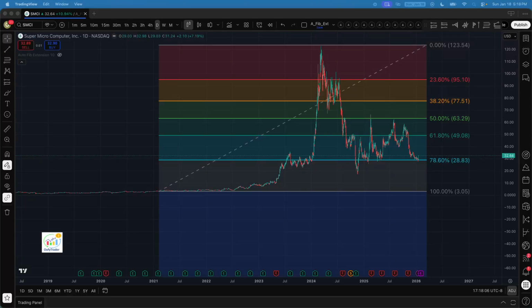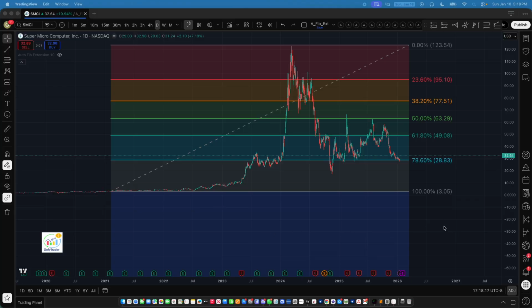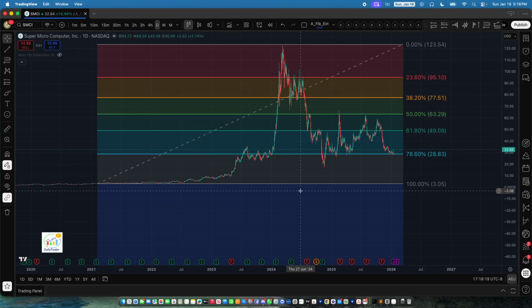Hey guys, in this short video, we'll be learning how to trace the Fibonacci retracement properly. What exactly are the entry point as well as the exit point, that is, what we call the swing high and swing low? Which high, which low, out of all these multiple highs and multiple lows, let's figure out how to trace exactly the